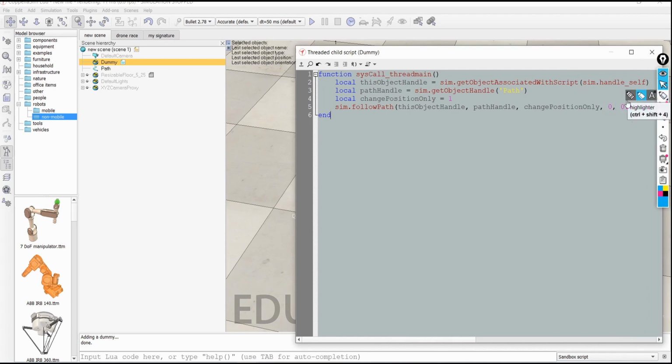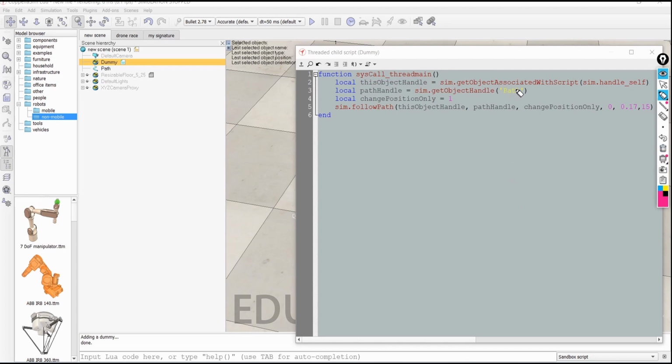Inside this dummy, I have made this self handle, which means within this it will get the object by itself. It will get the object in which it is present. For example, if it is in a dummy, it will get the dummy object. If it is in a path, it will get the path object. Okay, the first line of the code is clear.